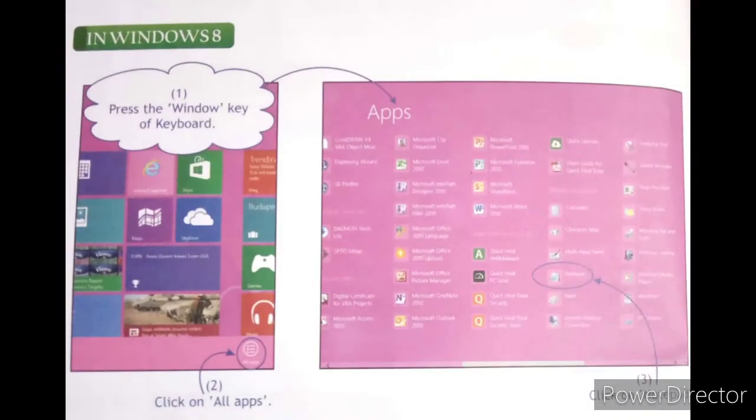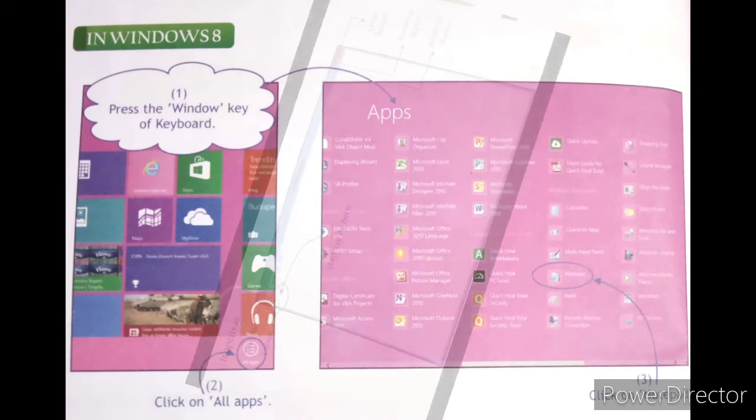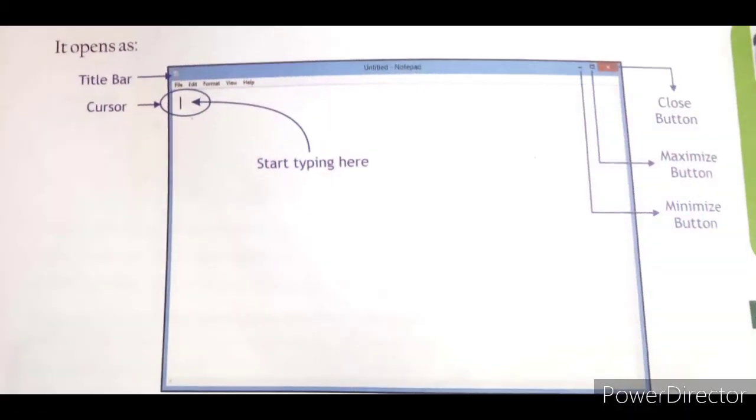Now in the above diagram we can see Windows 8. Here we can see that all the applications are in the form of tiles. When we click on any of the applications, the desired program will open. Now we will select the Notepad option, and as we double click on the Notepad option, as in the above diagram, it just opens. Then we can see that KWrite has features just like Notepad.